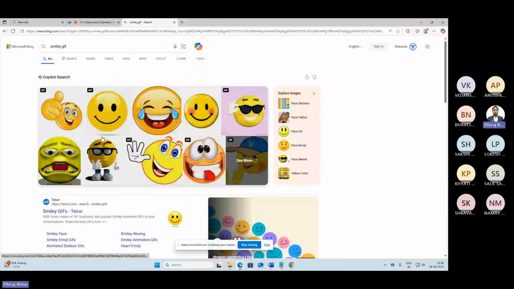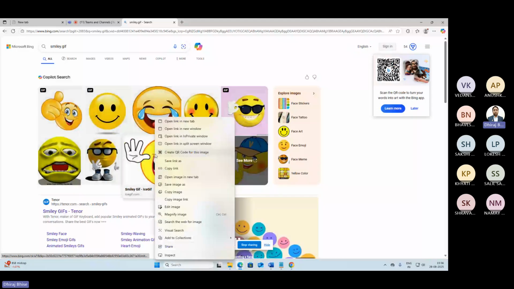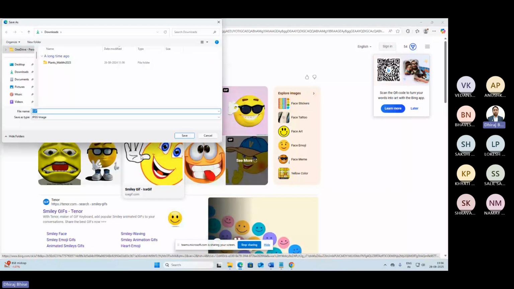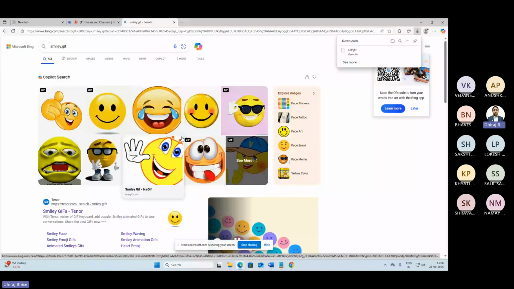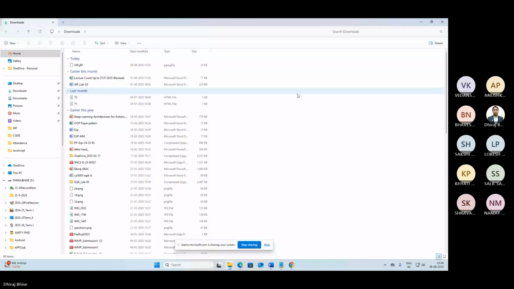Which one is looking cool? This one? Yes. I save. कहाँ सेव हुआ है ये? आ गया ये, डाउनलोड। ठीक है।